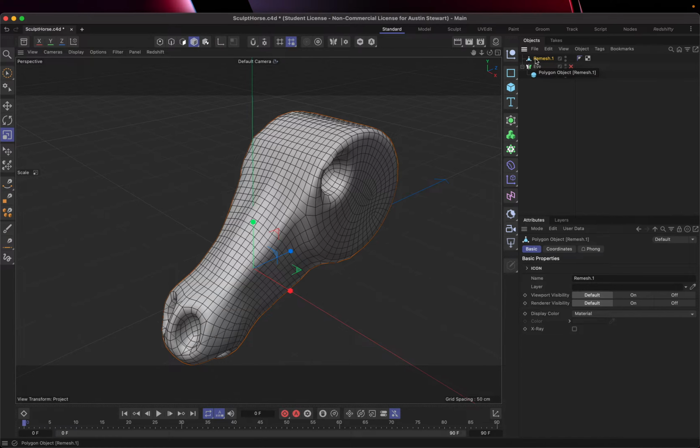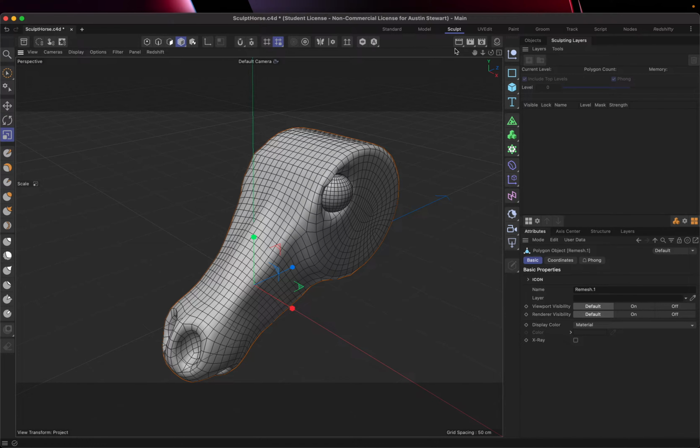Okay, so we've got our remesh. Let's go ahead and we can turn our eyes on as well so that we can actually see what we're doing with the objects that are in those sockets. And once we've done that, let's go ahead and change from, I've been doing this in the standard view, let's go ahead and change to Sculpt. Once we change to Sculpt, things look